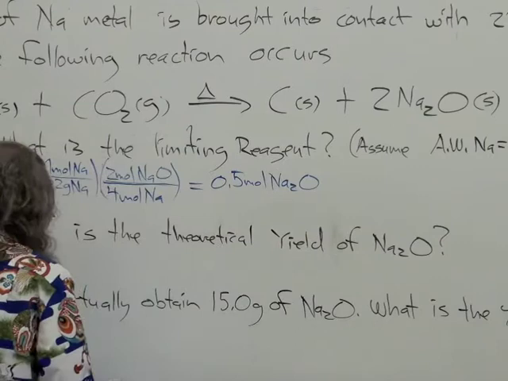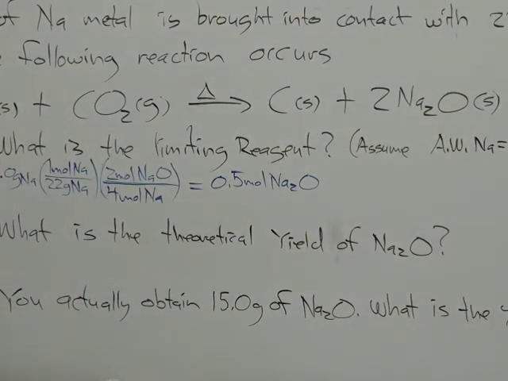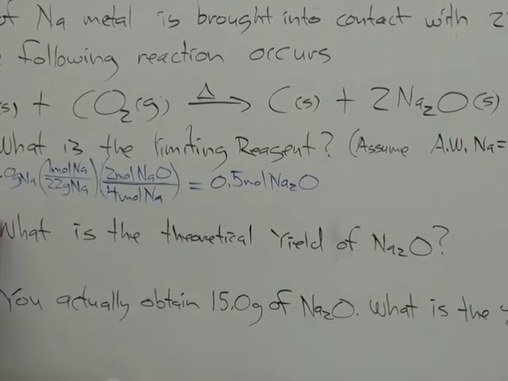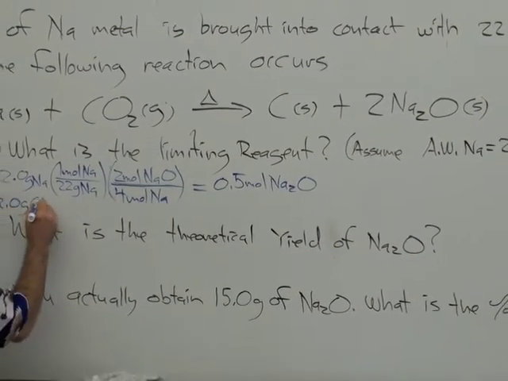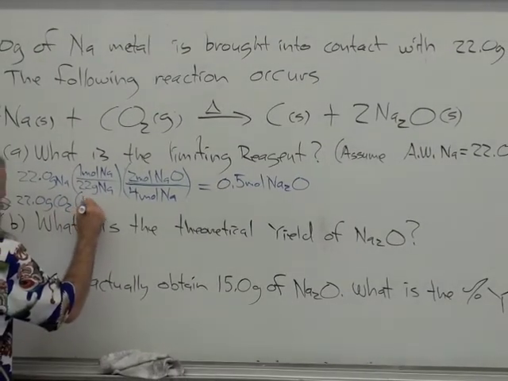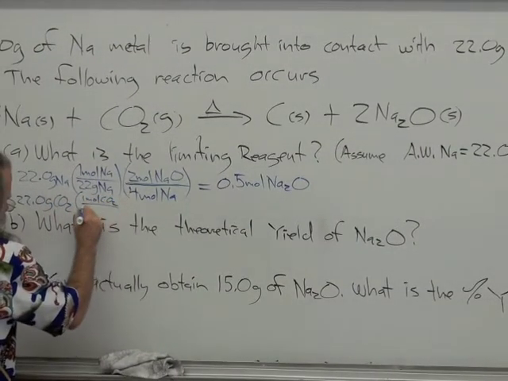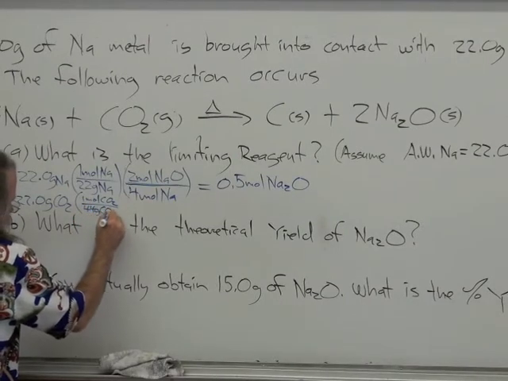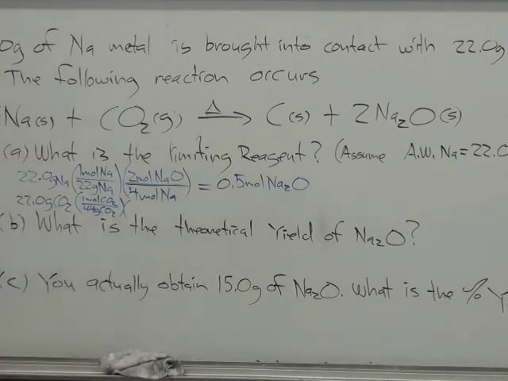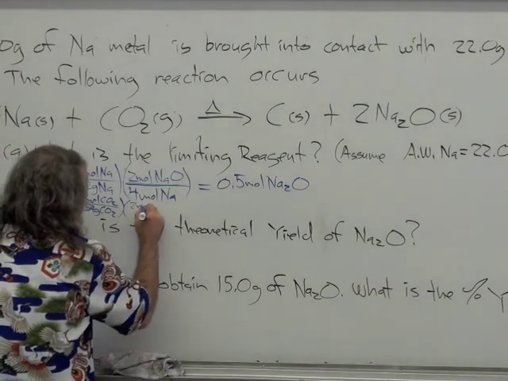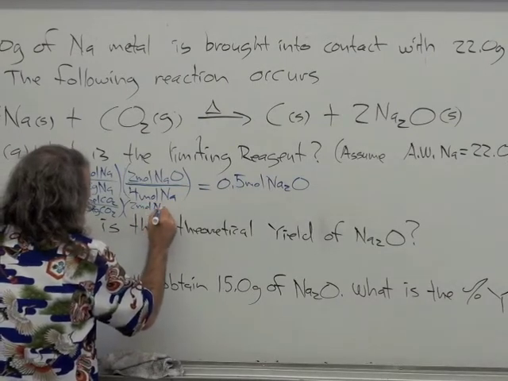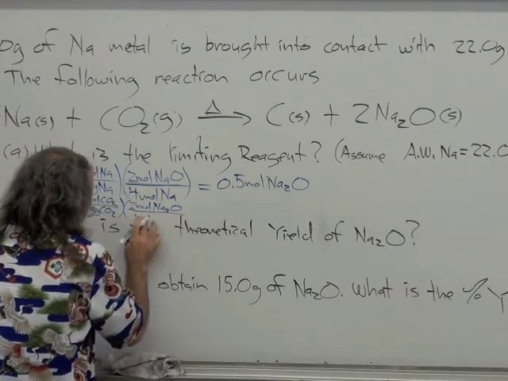sodium oxide. Now, I'm going to do the same thing with CO2. So I start on the left-hand side with, how many grams do I have? 22 grams of CO2, and 1 mole of CO2 is 44 grams of CO2. And what's the mole ratio here? 2 to 1. There's 2 moles of sodium oxide for every 1 mole,